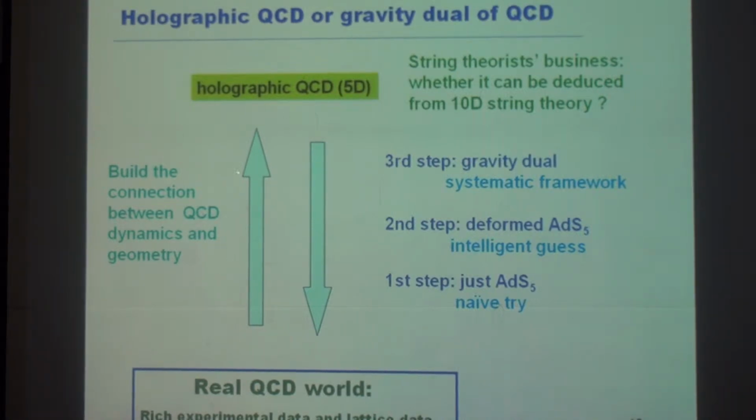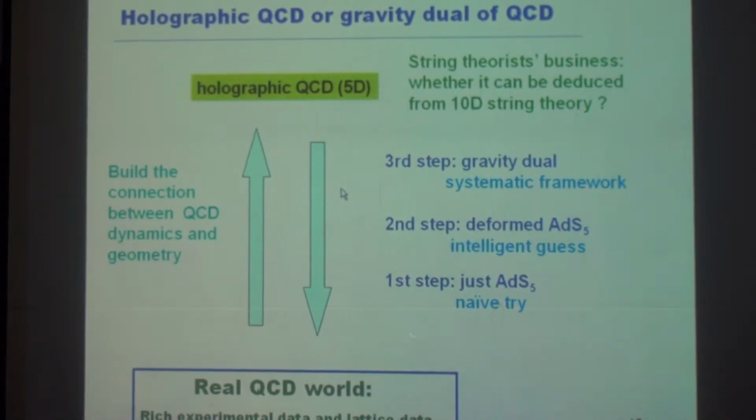I hope I can build some connection between the QCD dynamics and the geometry. From top down there are also lots of efforts, but I'm not an expert in that part, so I will not touch it. I'm not able to do that.